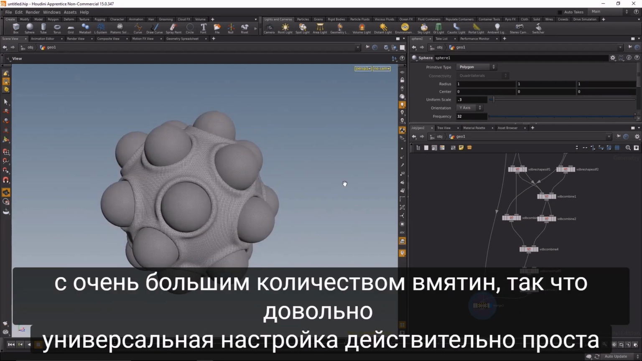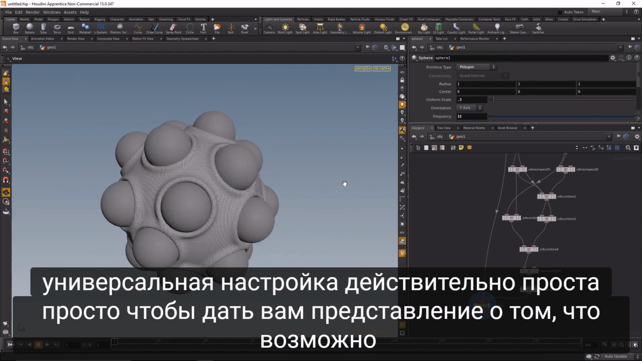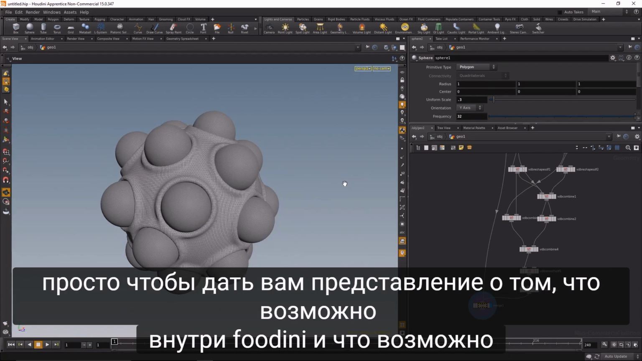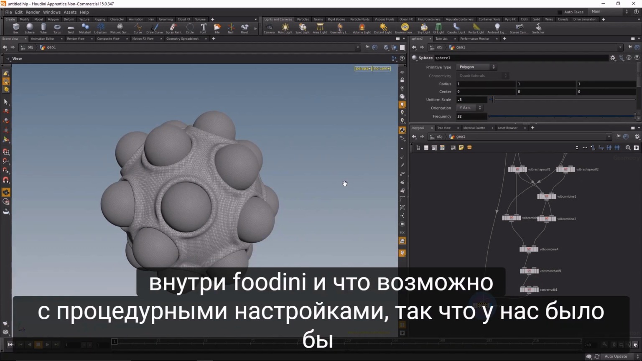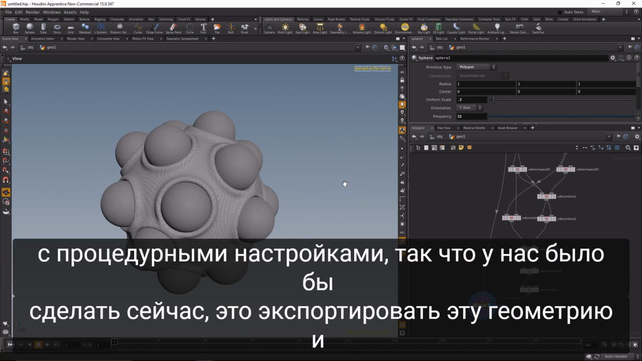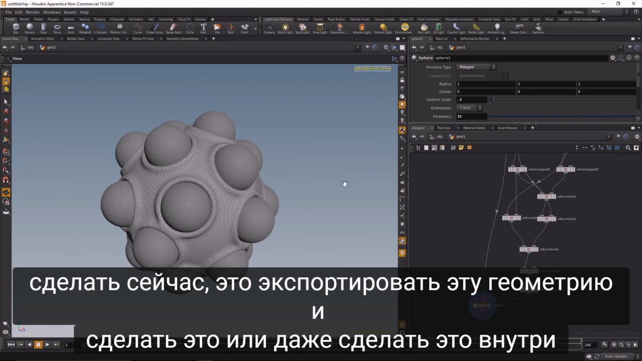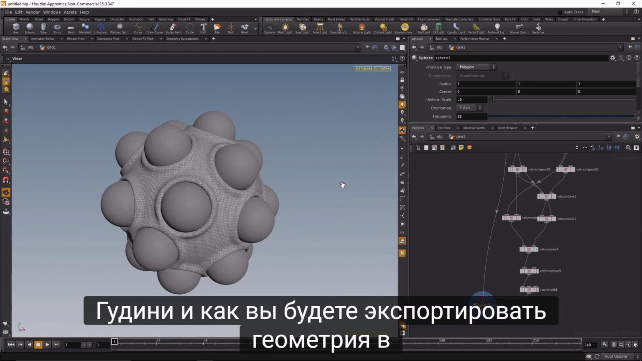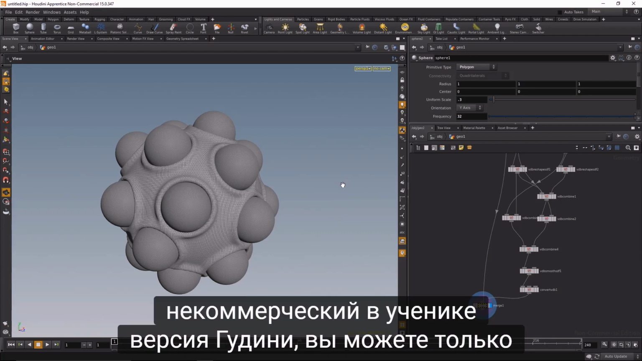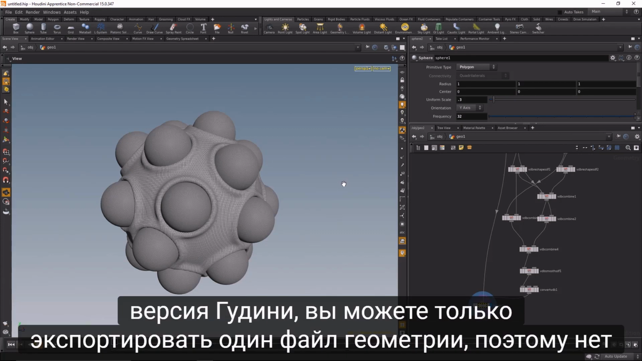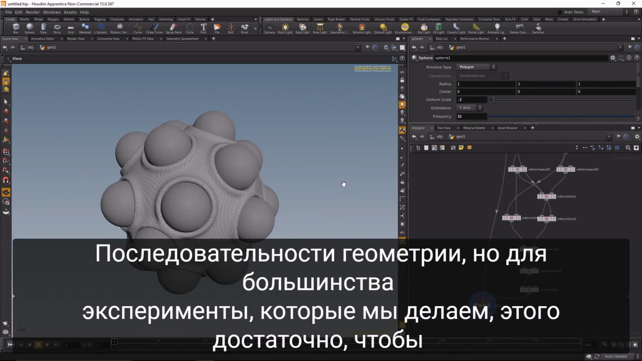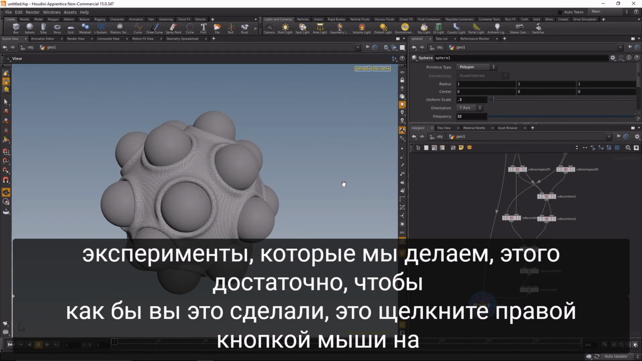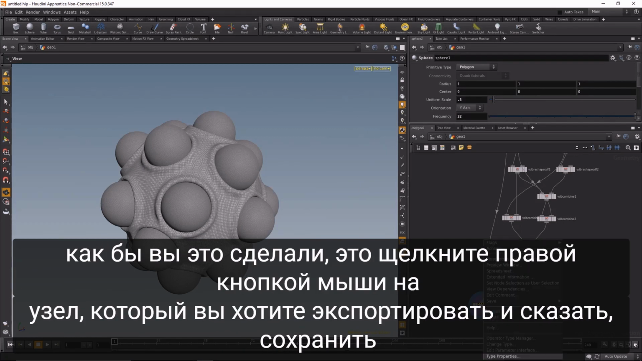So quite a versatile setup, really straightforward, just to give you an idea what's possible inside of Houdini and what's possible with procedural setups. So what we'd have to do now is export that geometry and render it, or even render it inside Houdini. And the way you would export geometry in the non-commercial, in the apprentice version of Houdini, is you can only export a single geometry file, so no geometry sequences, but for most experiments we do, this is enough. So the way you would do it is right-click on a node you want to export and say